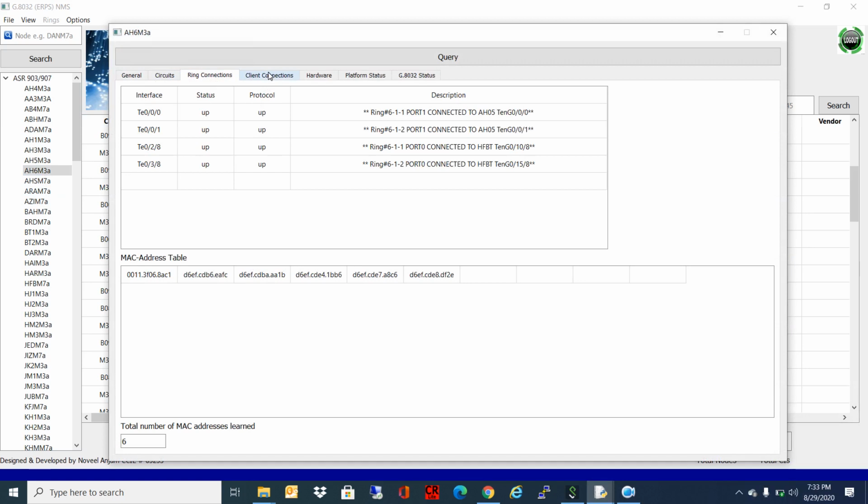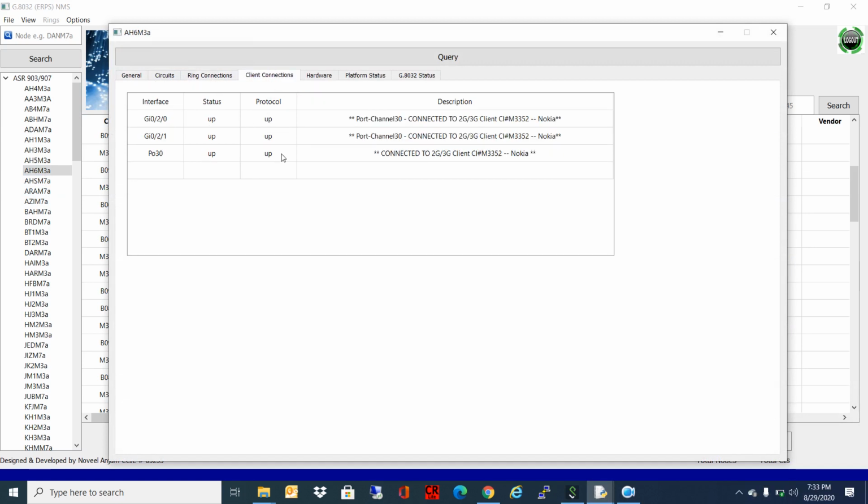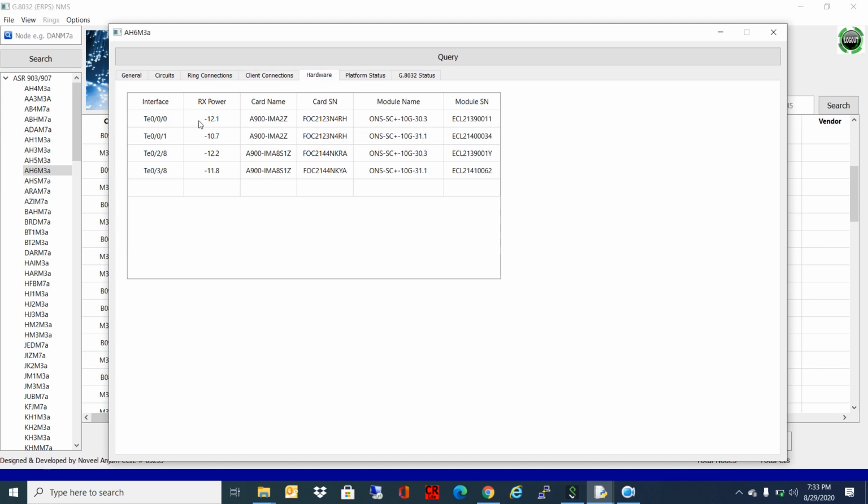In the next tab, in the client connection, we can see if there are any ports connected to the client. It will be shown over here in the hardware window. I am showing you the receive power from the client on this port. So this is the 10G port which is facing the ring, and it is showing the power on that particular port.